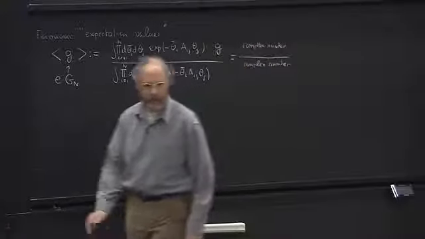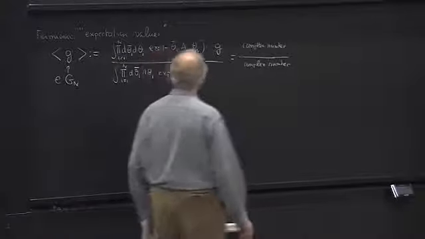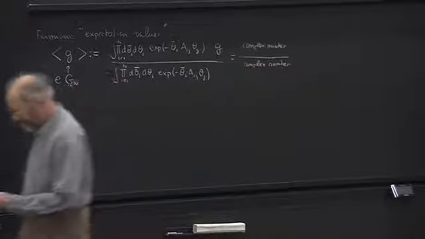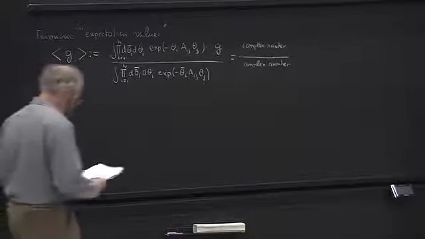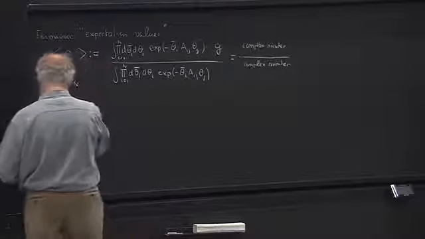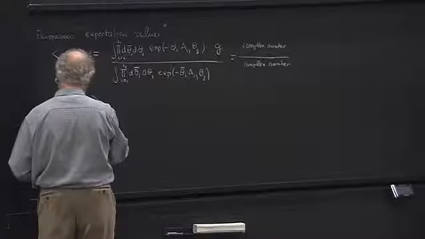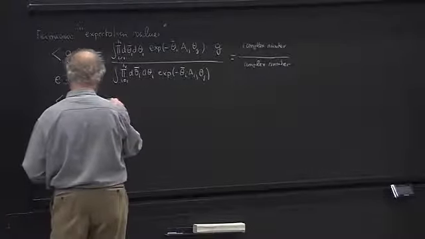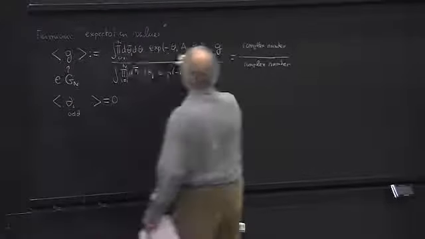Divided by another complex number. So you are fine. Okay. And then you can do again the calculation. Well, what do you do? So of course, it's easy to see that if you compute the expectation value of an odd number of thetas, you will get 0. That's basically because this involves an even number.